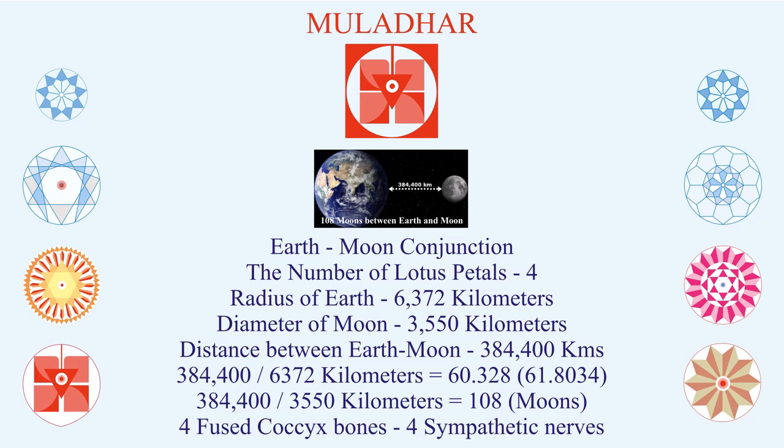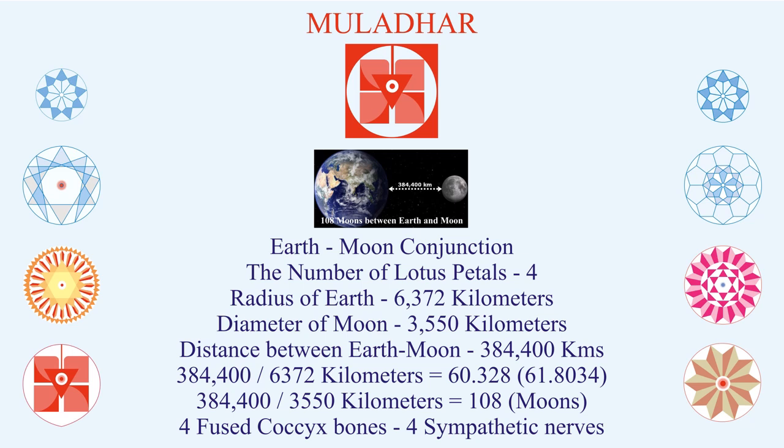Now, Mooladhara is closely associated with Earth as well as Moon conjunction. Number of petals are 4. Endocrine glands are in the perineum, and they are also associated with 4 fused coccyx bones and also related with ganglion impar. What is very interesting in this particular thing I have shown,